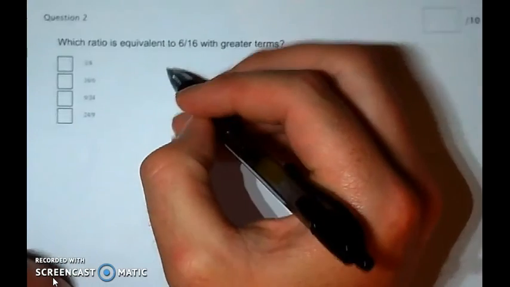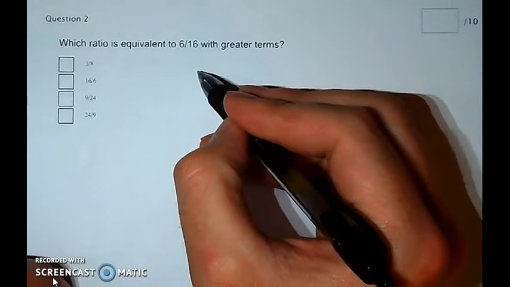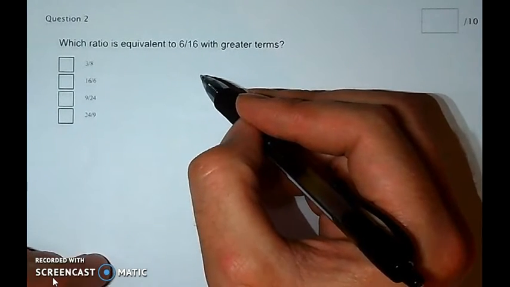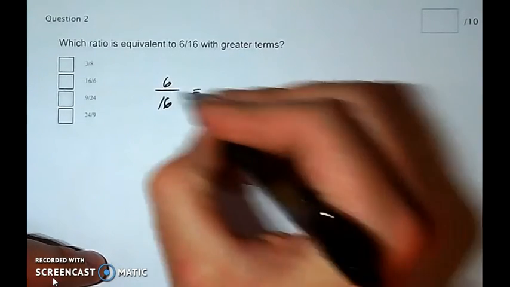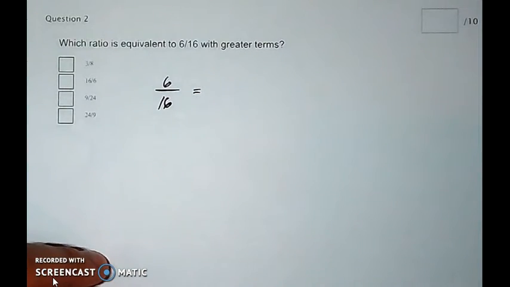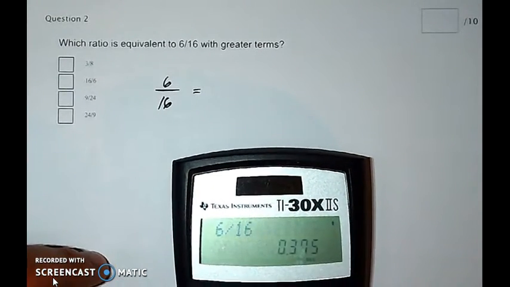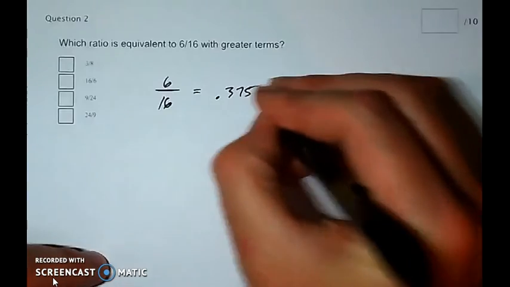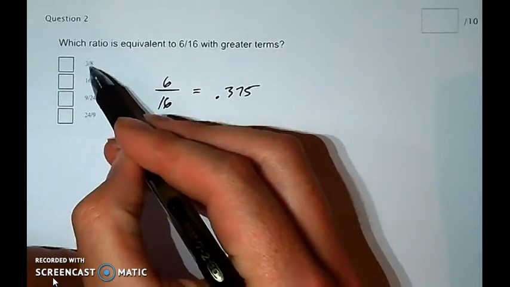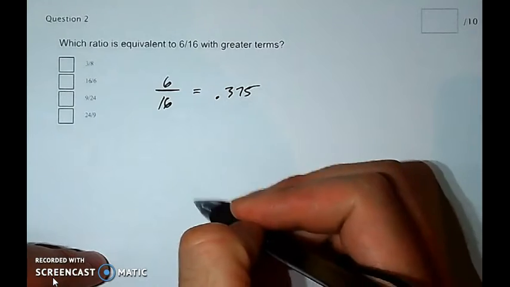Question 2, they're looking for a ratio equivalent to 6/16 with greater terms, numbers that look larger but are still equivalent. So honestly, the easiest way to do this is just to take your fraction and figure out what that is in decimal form. If you do 6 divided by 16 in your calculator, you'll get 0.375, all right? And then you need to figure out which of these other fractions or other ratios is also equivalent to 0.375. And if you do that,